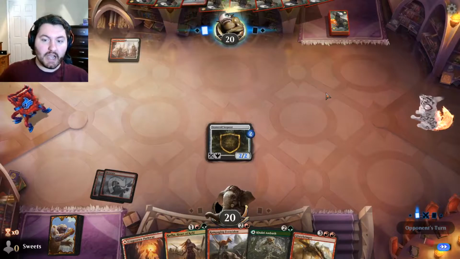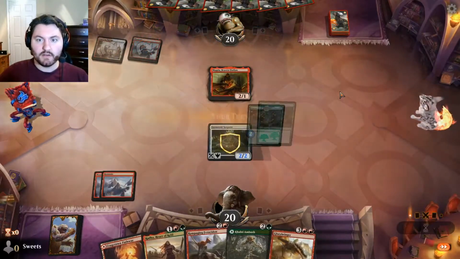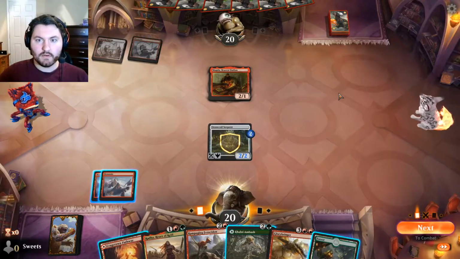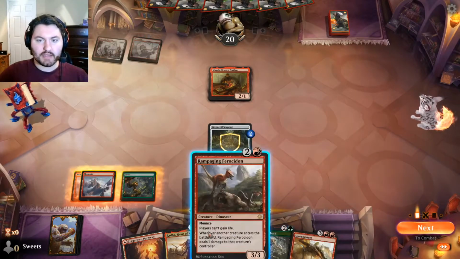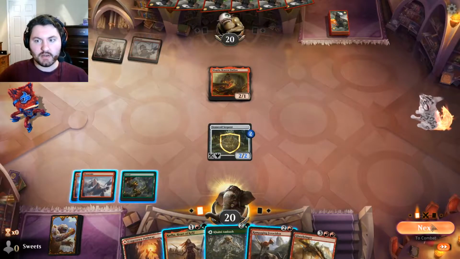Glorybringer's kind of interesting. It kind of makes me wish we had played this Call in the Ambush last turn. Do we need to kill Magda? Magda is a problem, for sure. Do we need to kill Magda? I guess we can't even really do it without killing our own creature, so I guess we...